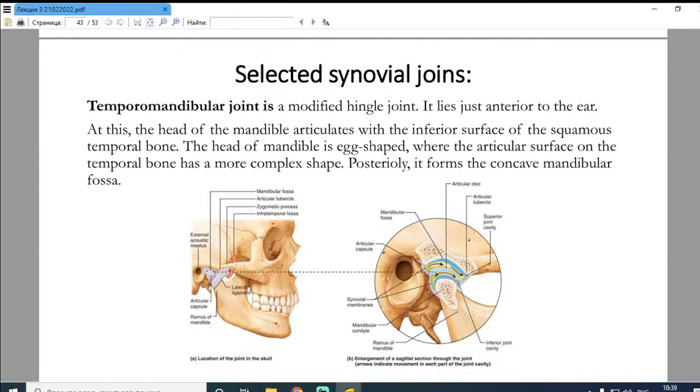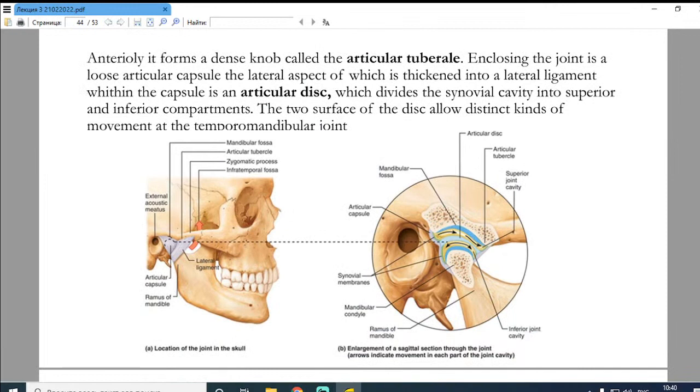Posteriorly, it forms the concave mandibular fossa. What you see: mandibular fossa, articular tubercle. You see the zygomatic process of the temporal bone. Anteriorly, it forms a dense knob called the articular tubercle. Enclosing the joint is a loose articular